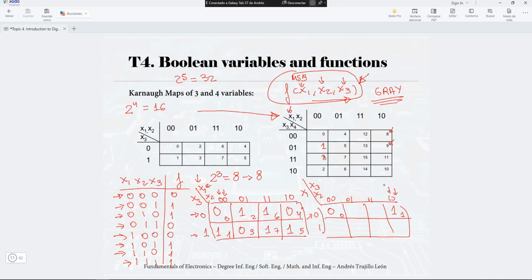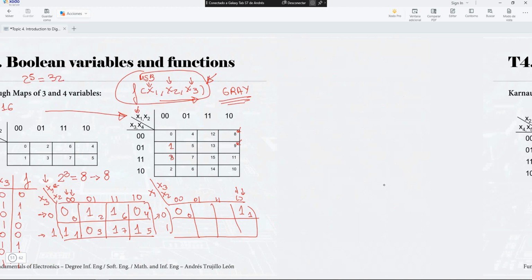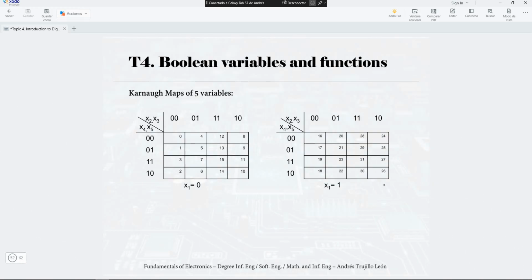What we are going to do is to use 2 Karnaugh maps. Okay? We are going to use 2 Karnaugh maps, and we are going to divide them: one in which the most significant variable is 0, and the other in which the most significant variable is 1. So if we have the truth table like this,